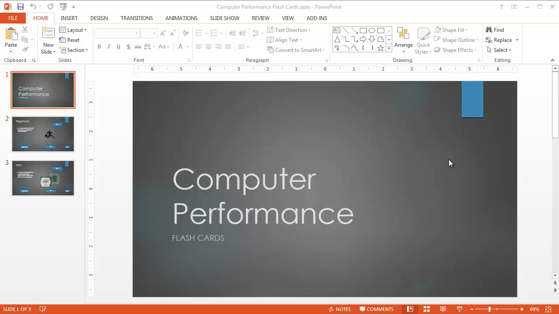Okay, we are going to learn how to make some flashcards in PowerPoint so that we can learn the Slide Master view and learn about the Slide Master and how to use it. So it's going to look something like this. If I play this right here,